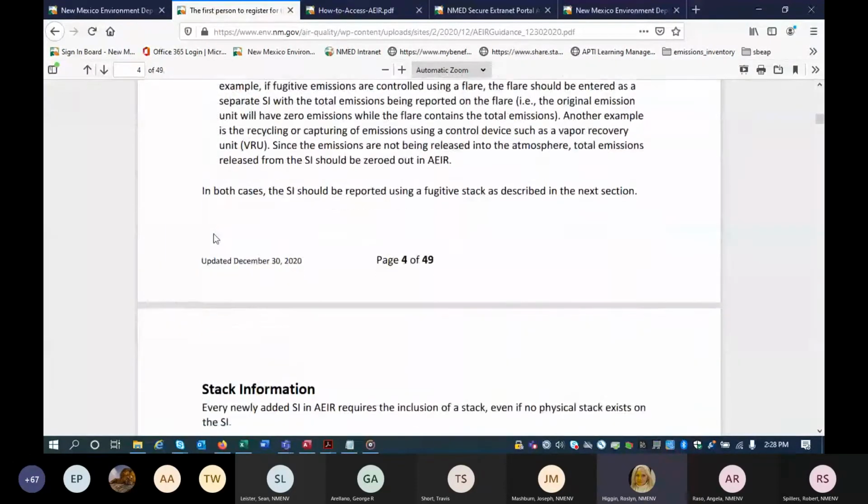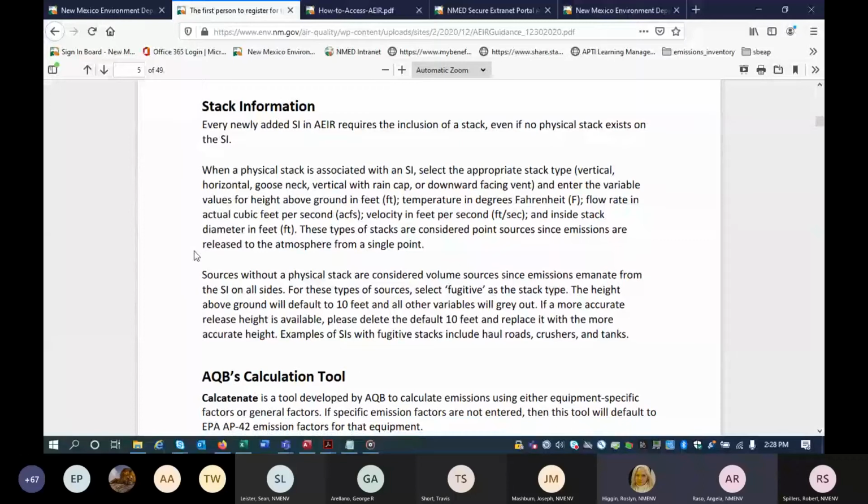Let's scooch on down. We do have one more question. Laura, if you want to go ahead and unmute yourself and ask your question, go ahead. Hi, thanks. This is Laura. You just said a minute ago about malfunction and SSM emissions to not add those to the EI. And I understand reporting turbine emissions or compressor emissions at that unit. But what about malfunction emissions that aren't associated with that unit? They're not fugitives, they're malfunction emissions as permitted. Is that not where we would put those emissions in the EI?